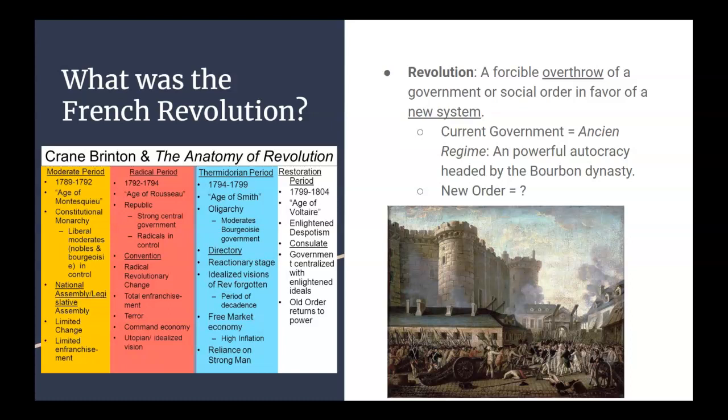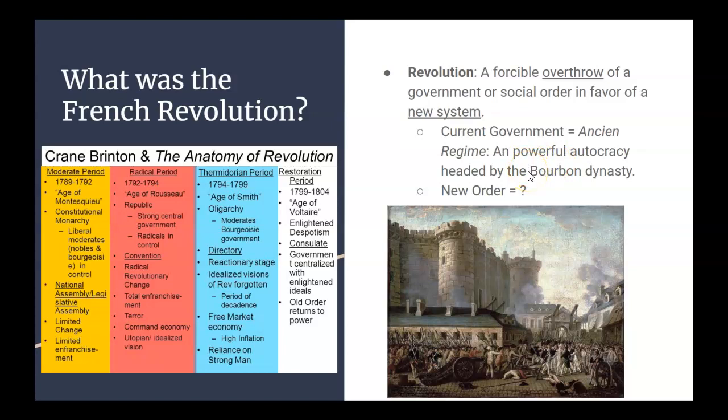Now, in the context of governments and nations, and specifically the French Revolution, the old regime in charge of France was something known as l'Ancien Régime. L'Ancien Régime was basically a monarchy, so a king and the king's family. And this family was named the Bourbon.